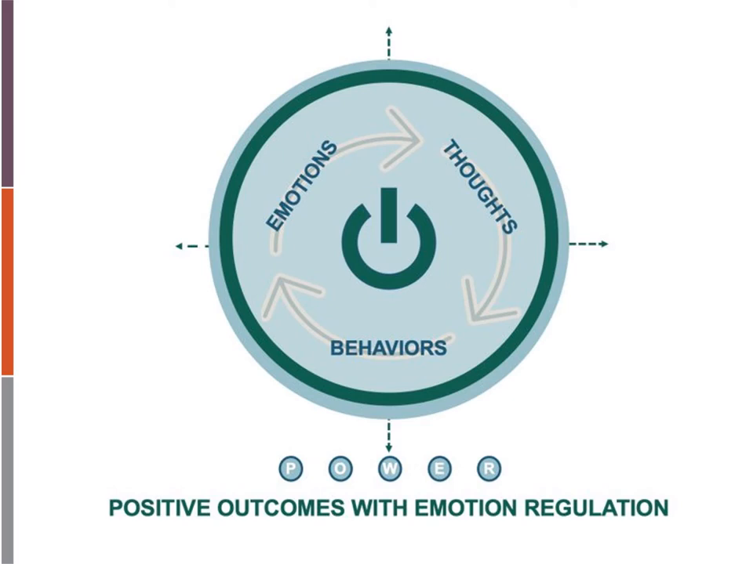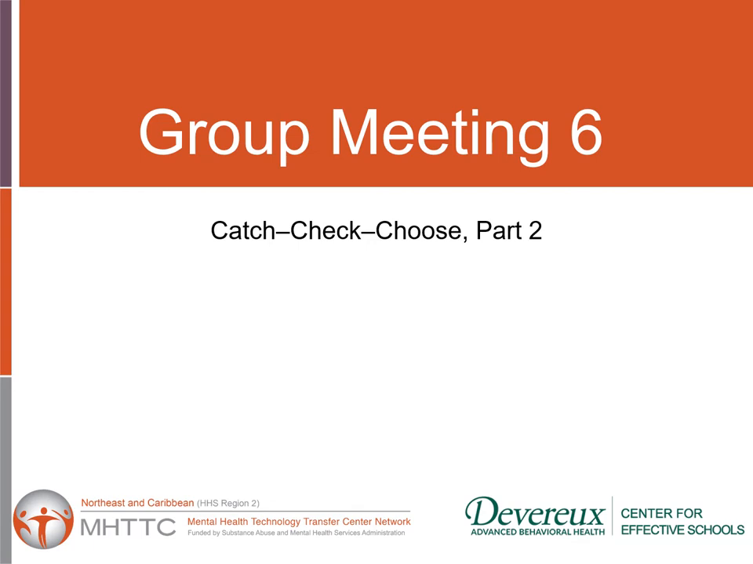This module is a part of the training series for the POWER program, Positive Outcomes with Emotion Regulation. The module will describe Group Meeting 6. The topic of this meeting is to continue to work on the catch, check, choose strategy that was introduced in